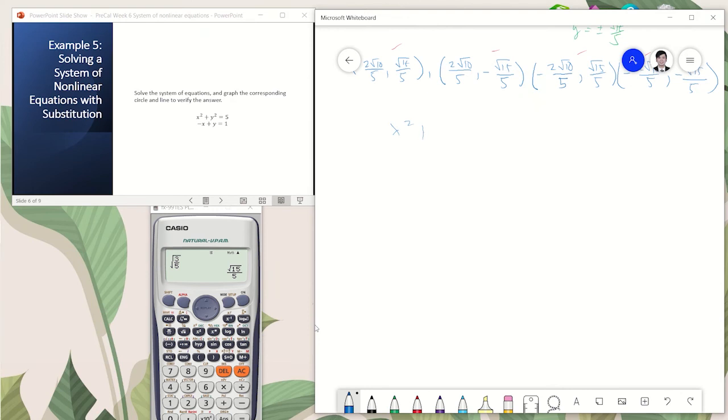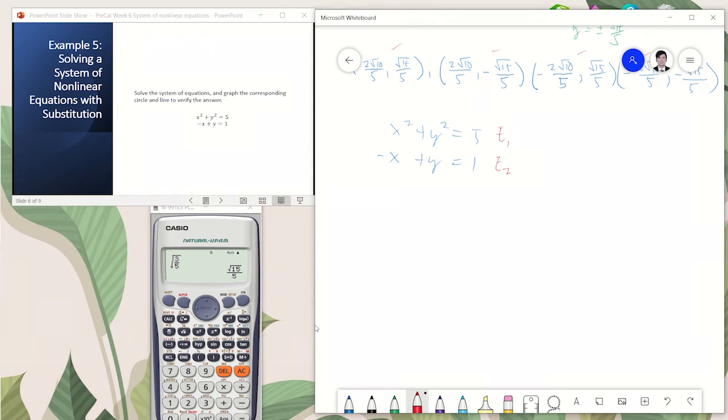So looking at it, x squared plus y squared is equal to 5. Then negative x plus y is equal to 1. When you add them, obviously they cannot be added because the degree here is a 2, and the degree here is a 1. So x cannot be cancelled out. Same with the y. If we try to manipulate one of our equations, let's say this is equation 1, equation 2,